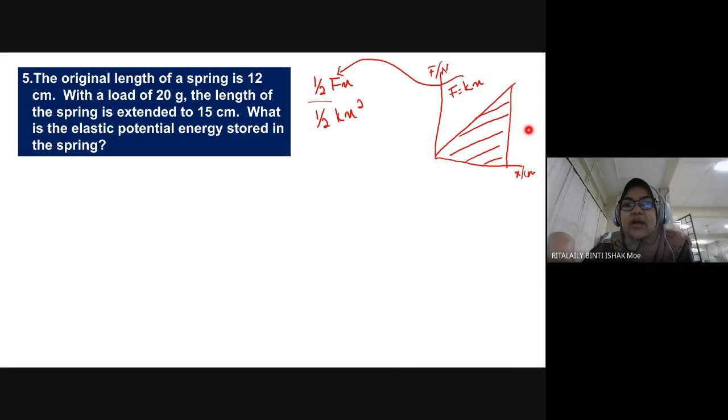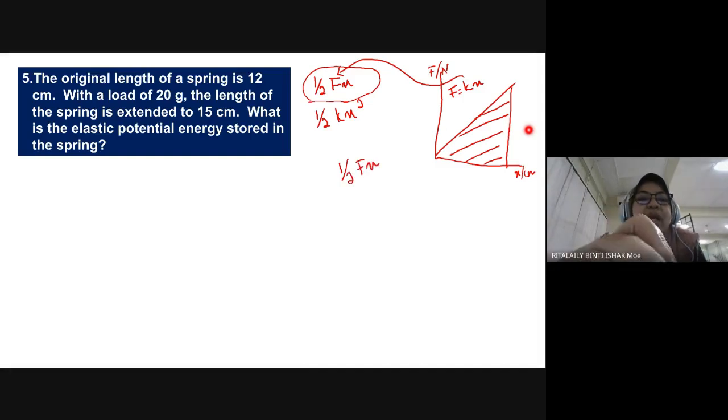I think you are using this formula kan? Okay, half fx kan? Half fx. Yes. Okay. So we have 20 gram. And 20 gram is not F. 20 gram is the mass. So what should we do? For the 20 gram, change to Newton. Okay. So where Newton is the unit for force, and the load here, the force is weight,